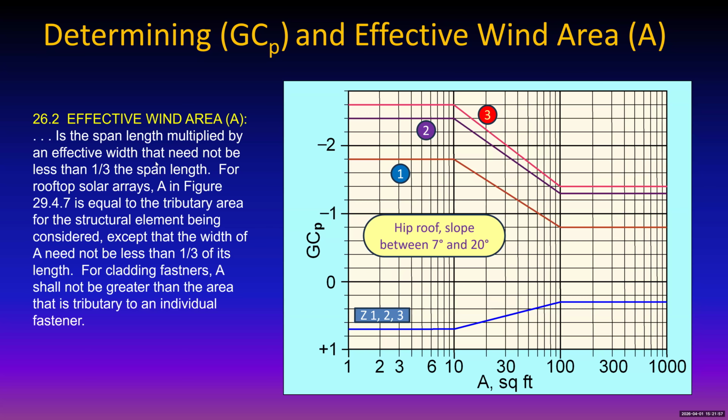And see, this says the effective wind area could be more than the actual area of the module if you use this thing. But you need to look really carefully to make sure. And this is why a lot of people don't even mess with this, because you know that if you don't use anything other than the module area itself, you're going to have a very conservative estimate and you're quite confident nothing's going to blow away. But if you're really trying to skimp and do the minimum design that's acceptable, then you can calculate this effective wind area. And your multiplier might be small enough